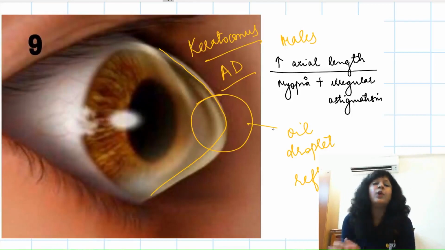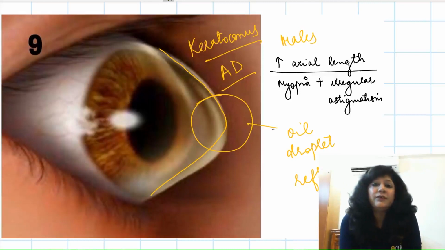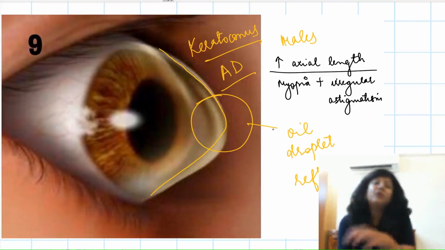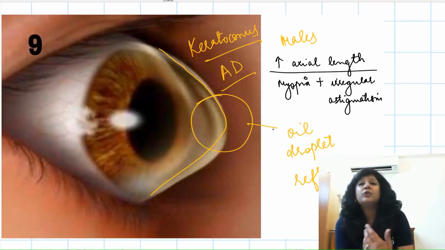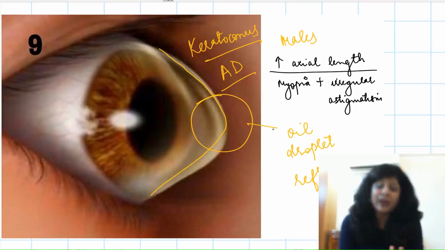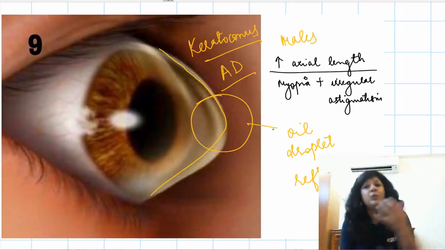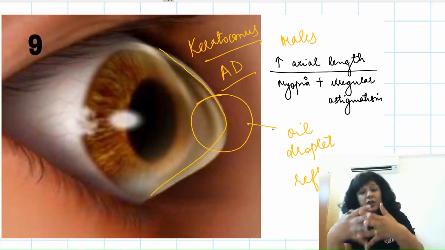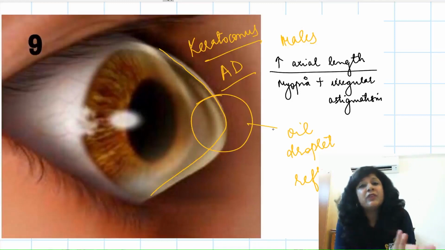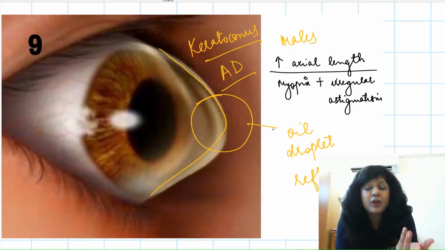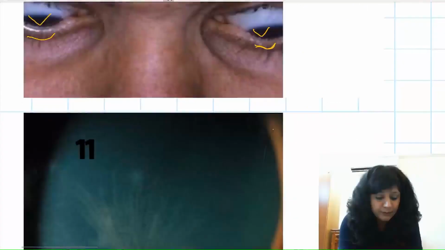The treatment is important because nowadays we are giving a new kind of treatment, like contact lenses. Obviously we can try. Which contact lenses? I told you that the rigid or semi-soft contact lenses are usually preferred because they have a good tolerance effect and they have a good refractive value also. We are also decreasing the progression by doing collagen cross-linking. If you are doing the cross-linking, obviously the degree of protrusion will be decreasing. This we can do by giving riboflavin drops, along with that, we give exposure to UVA light. So in that sense, this is again important.